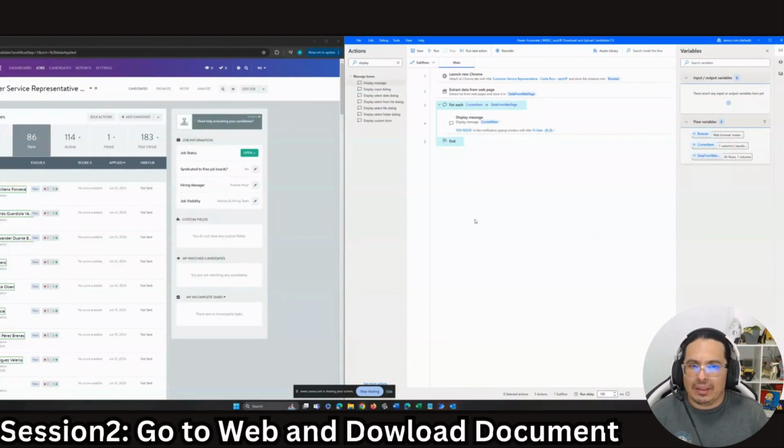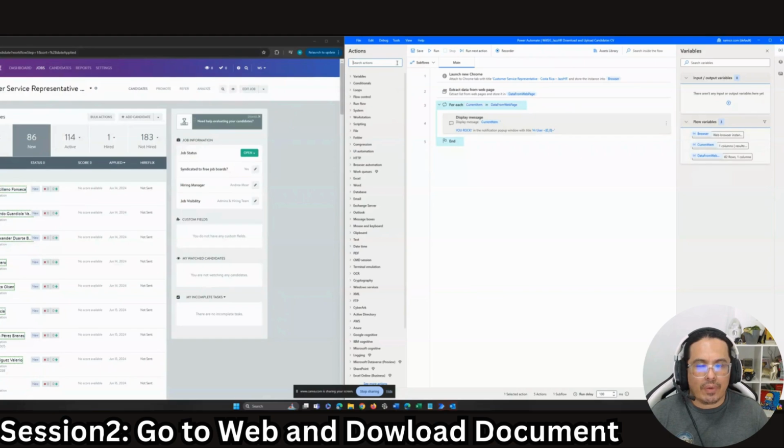Okay, perfect. So now let's continue developing this solution. At this moment we have basically 4 actions, 5 technically, but we have built and used 4 actions right now. The next step is, when we get the URL, instead of showcasing the URL with the action display message, we are going to load that URL on Chrome. So we are going to use the action